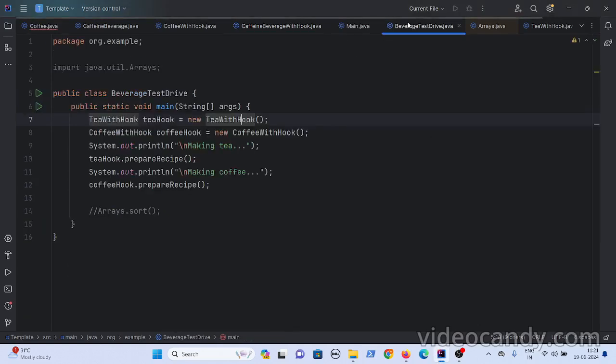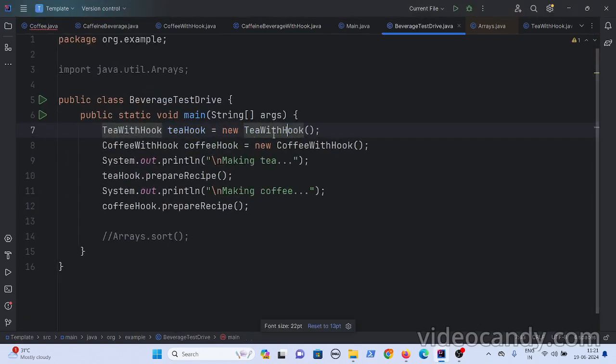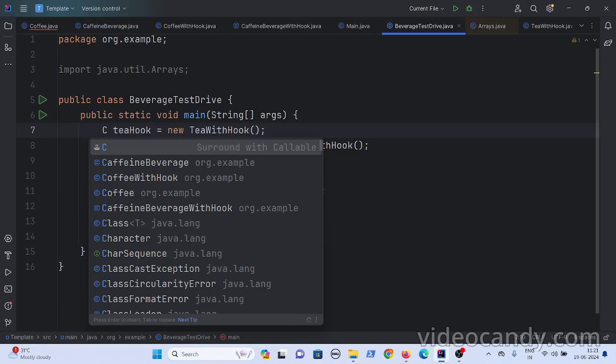So here, in the test drive class, you created an instance. You can put that as caffeine beverage with hook as well.